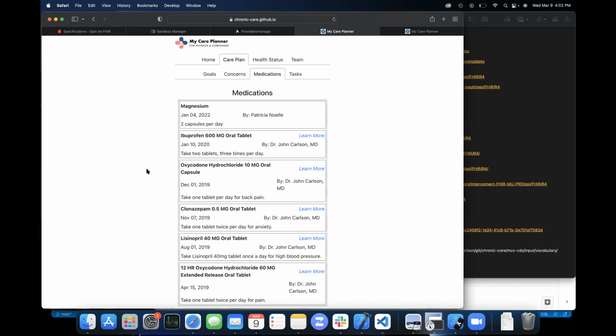Anything that's contributed each step along the way is immediately available in an application like this to show. We don't yet have subset views, but that's something we certainly want to explore.